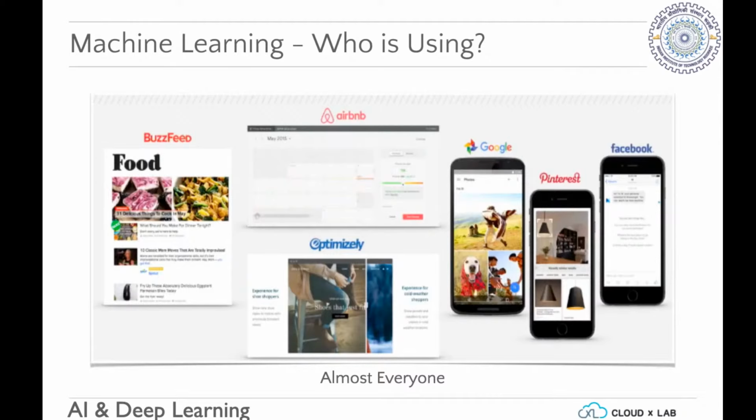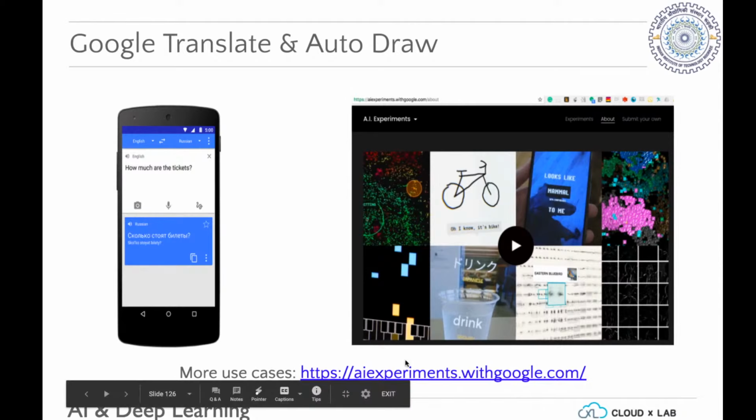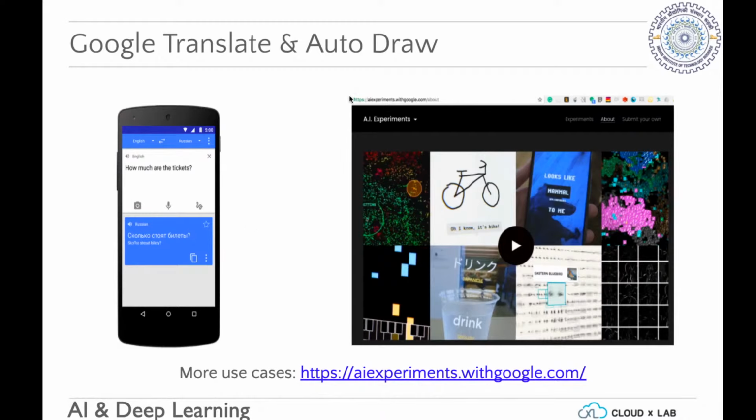It's used by everyone, anywhere. Some of the examples are Google Translate and Auto Draw. I would say try these examples. You could try these AI experiments with Google. It's a nice place to do this. Auto Draw is interesting. You just draw a couple of doodles, and it figures out what it most likely is.